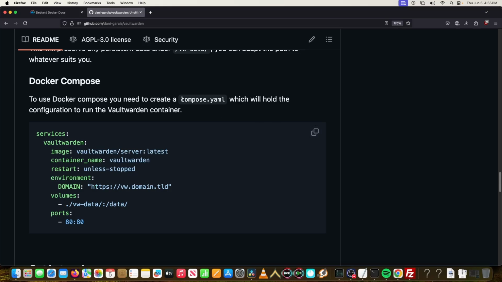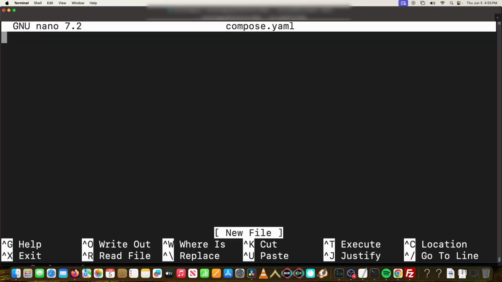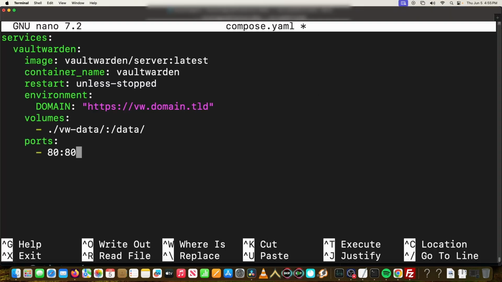Most projects have got a template, so we're going to use a template here from the project that we're using today. If you take a look at the template and then we paste that, you're going to just make it into a compose.yaml file, or you can do docker-compose.yaml. Either one works. I personally mainly use compose.yaml, but you could use docker-compose if you prefer as well. Whichever one you use, you're going to pick that, and then you're going to save the template inside of it. And this is going to be, like I said, in that folder we talked about.